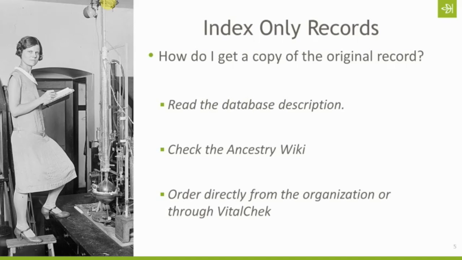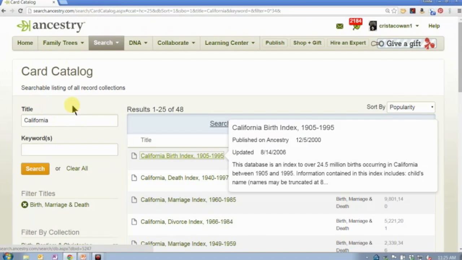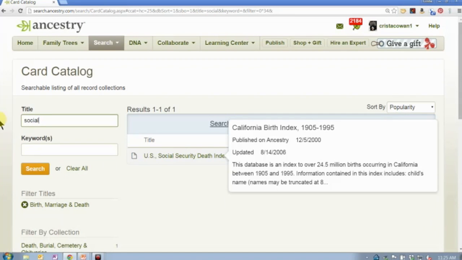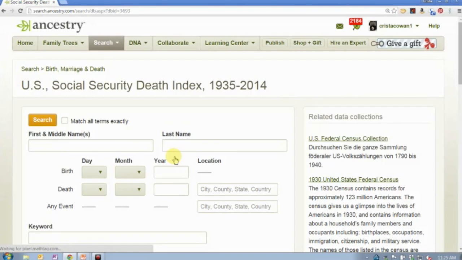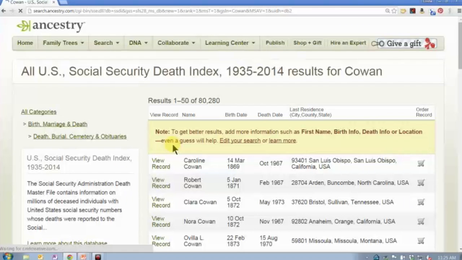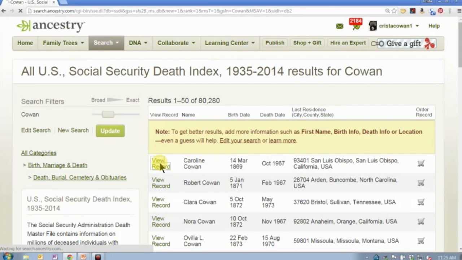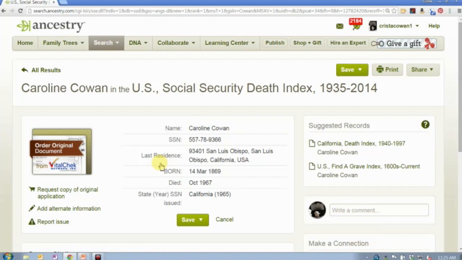Another type of record where an index is not sufficient, and you're probably going to want to order the original, is the Social Security Death Index here in the United States. Now, this is a national database, does cover the whole country. Again, it is just an index, and so you're going to want to order the original. And here's why. The original that you're ordering is actually not a death record. It's actually the application form that this person filled out themselves when they signed up for